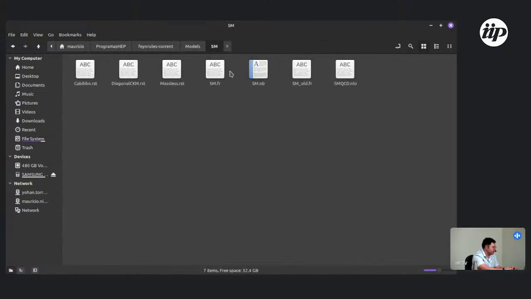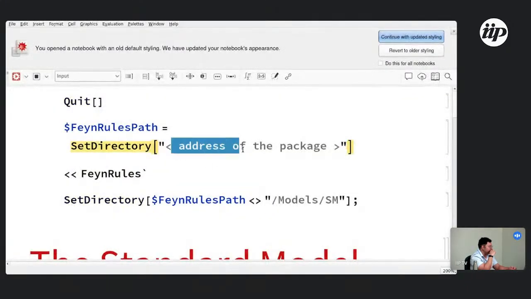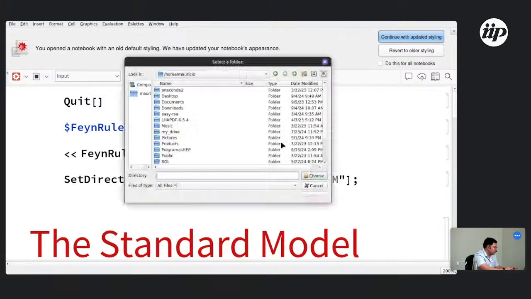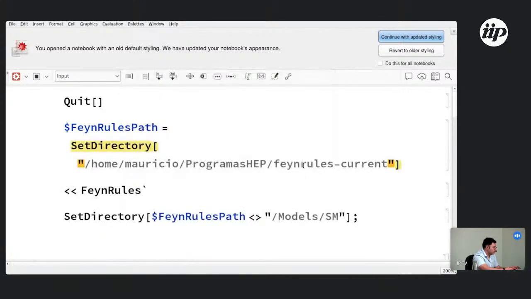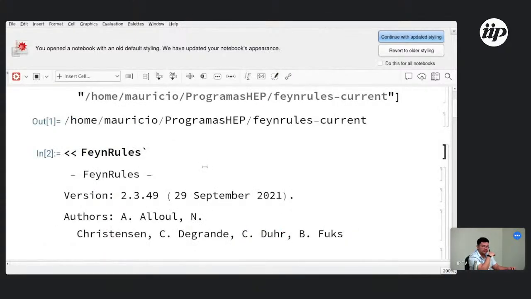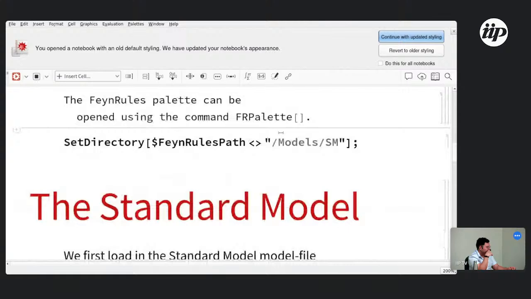If you compile that model, the standard model for example, remember you need to define the main folder of FeynRules. With that command we can load FeynRules. Okay, this was presented in another lecture, and here we need to inform the folder that contains the SM model,